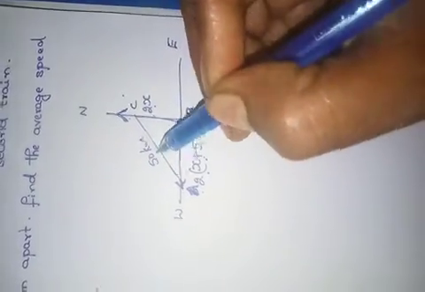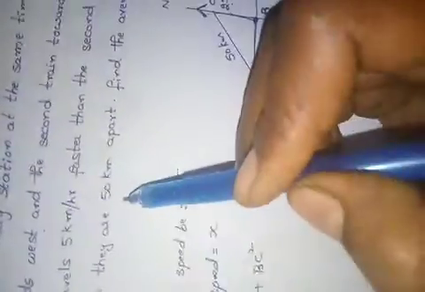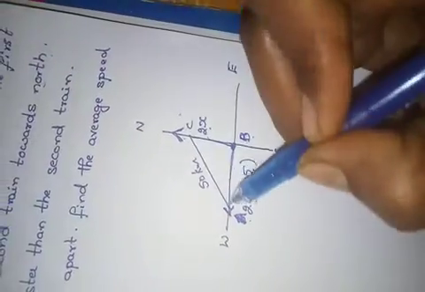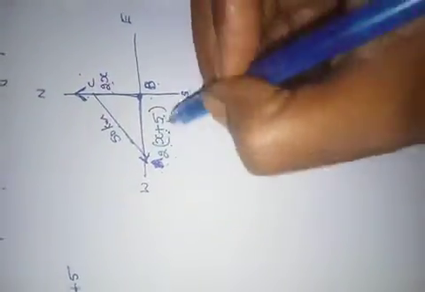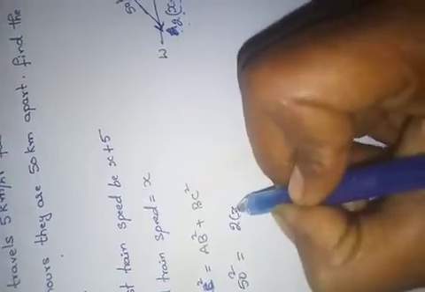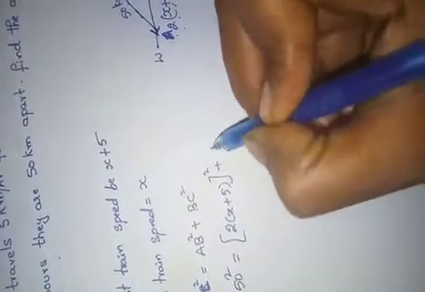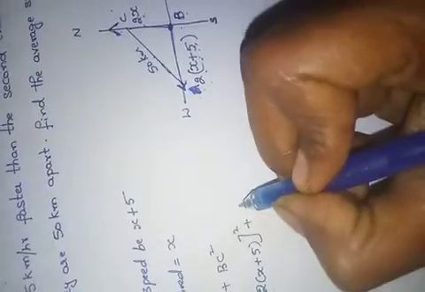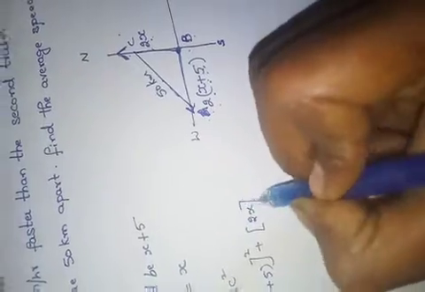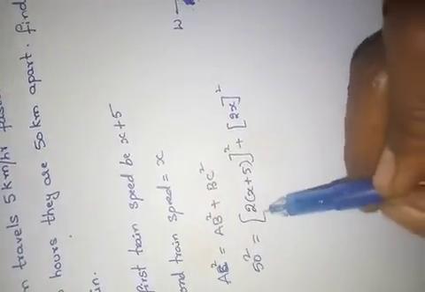What is AC? Here, the hypotenuse. What have they given? The two trains are 50 kilometers apart. It means the distance here, the hypotenuse, is 50. 50 square equals AB square. What is AB? 2 into x plus 5, whole square, plus BC square. What is BC? 2x square. Why have I multiplied with 2? Here